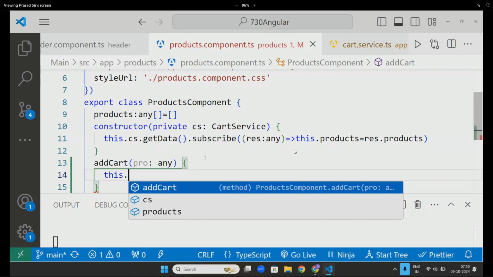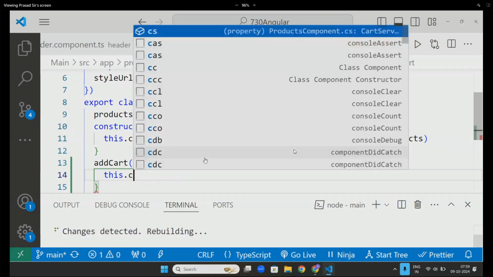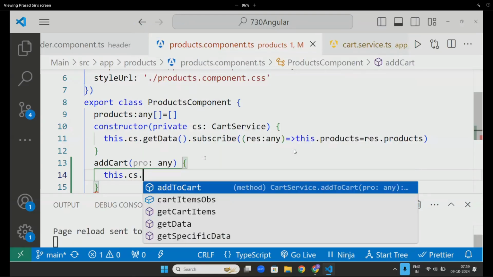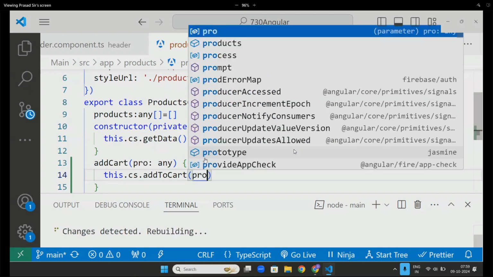So I will write this dot cart service cs dot add to cart product. So when you click on the product, it will go to the cart service and add the product. Right or not?